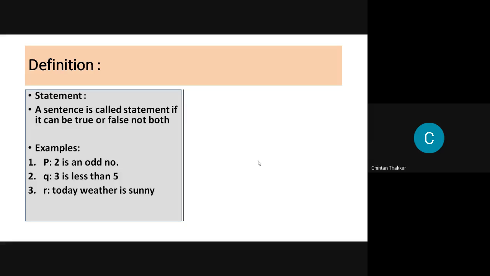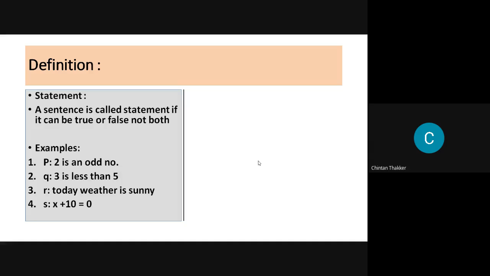Yes, here a specific time is given: today. So this is a statement. If it is just given that weather is sunny, then it is just a sentence, because there is no time or place given. We cannot say that it is true or false.